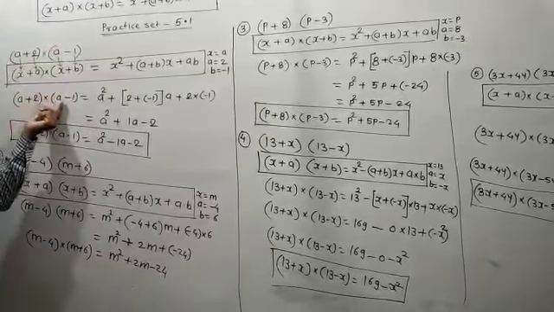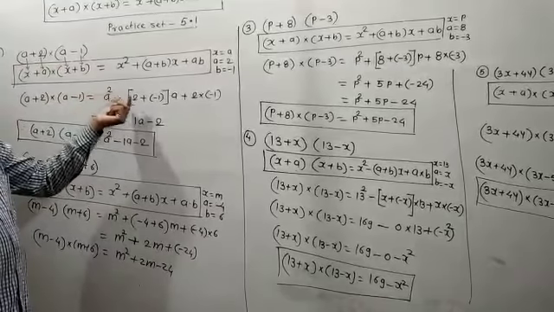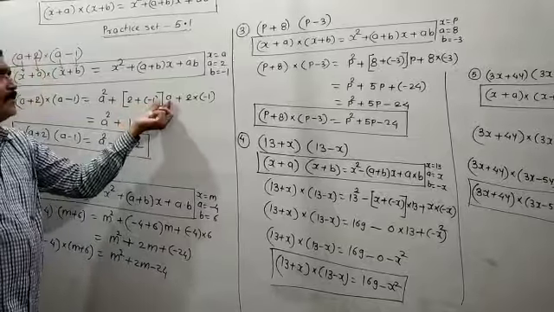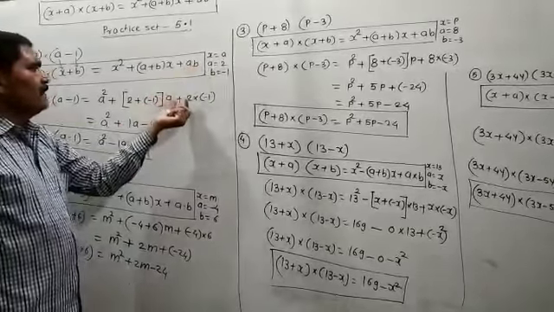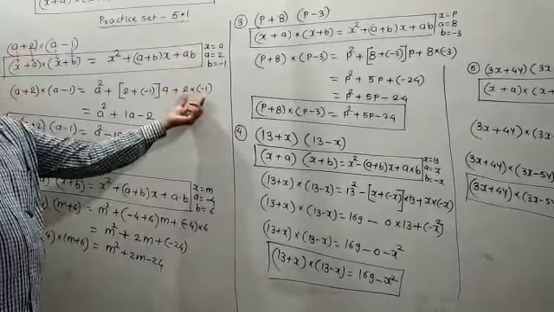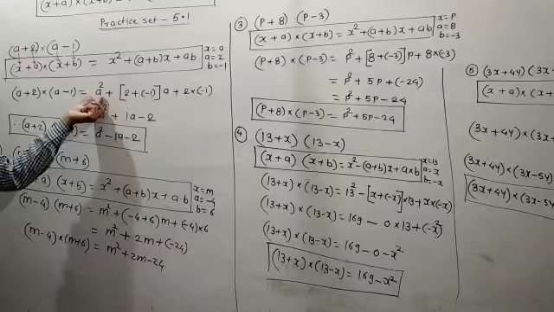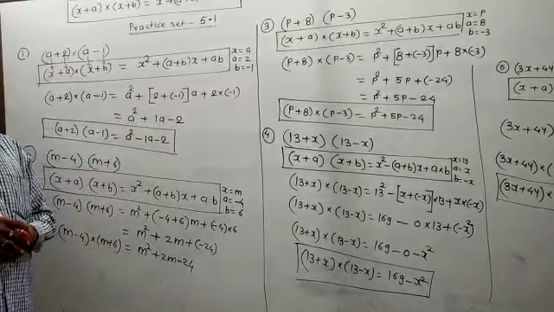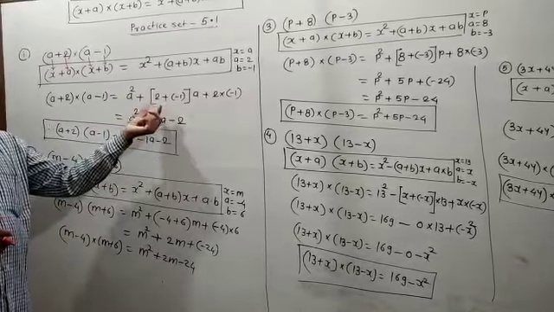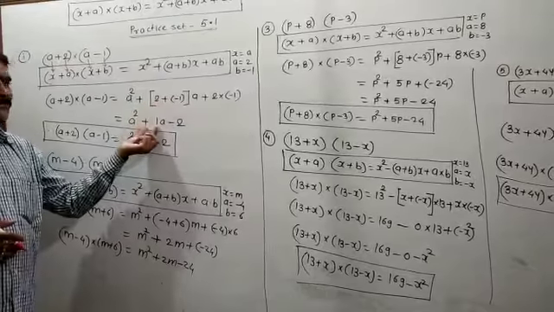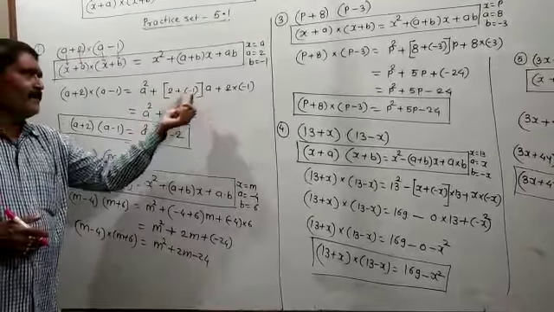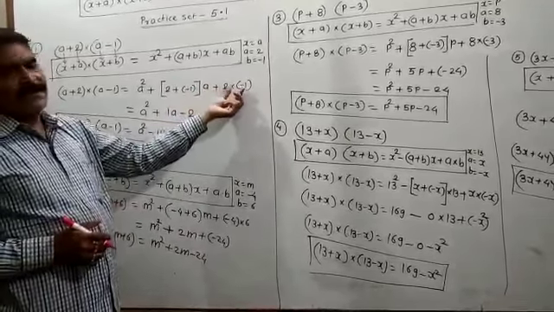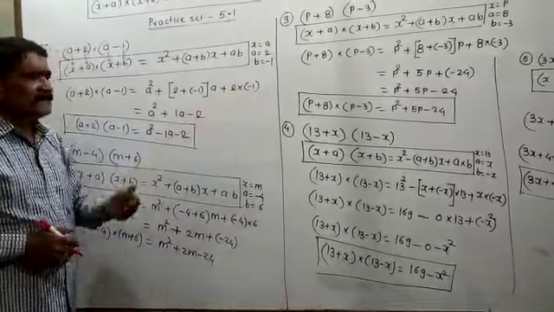Then (a + 2)(a − 1) is equal to x², meaning a², plus (2 + (−1)) times x, meaning a, plus 2 into −1, which is a into b. So this is a² plus (2 + (−1))a. If one number is positive and another is negative, find the difference between their magnitudes and give the sign of the greater magnitude. 2 + (−1) is equal to +1, so 1a. 2 ones are 2, and if one number is positive and another negative, the product is negative, so this answer will be −2.